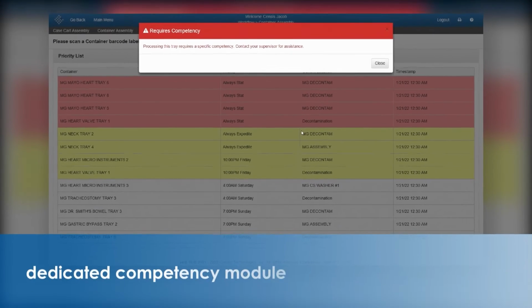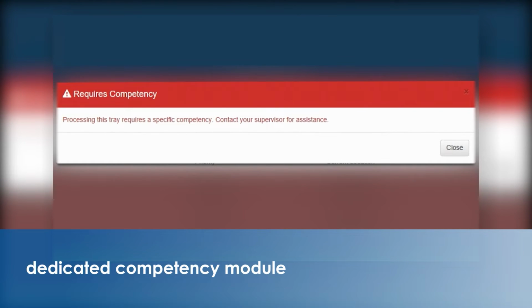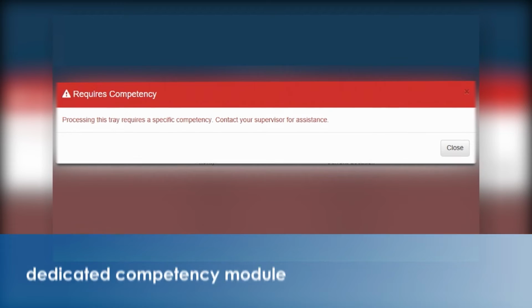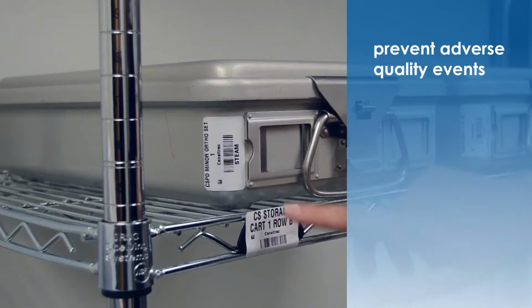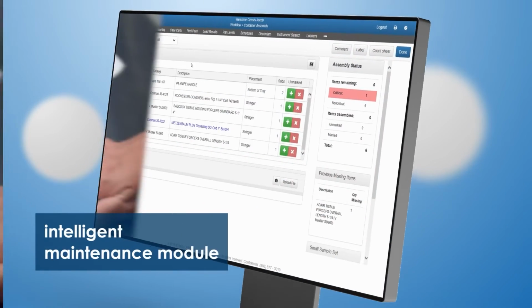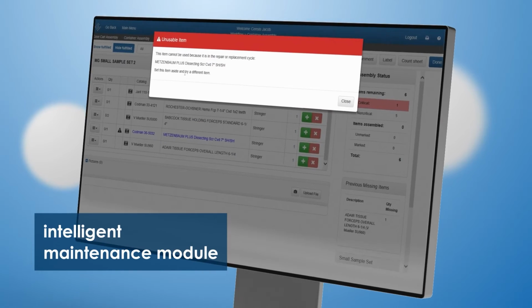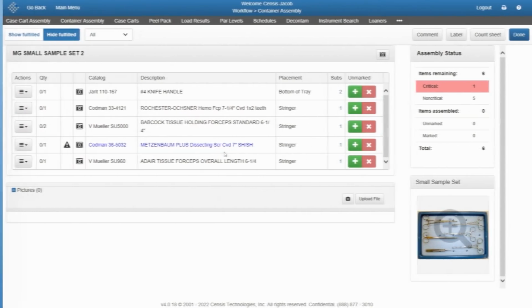CensiTrac includes a dedicated competency module. This module ensures users are properly trained on instruments, containers, and equipment, helping to prevent adverse quality events in assembly and sterilization processes. Equipped with an intelligent maintenance module, CensiTrac alerts users only when instruments need maintenance based on actual usage,